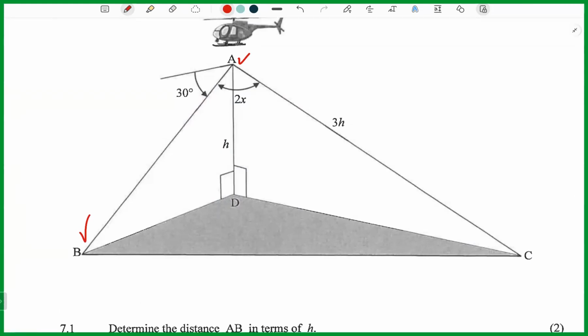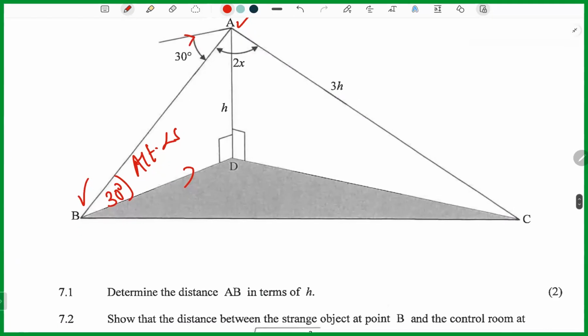Now we are in business. Let's get cracking. To get started, we note that the angle ABD is 30 degrees, because this is parallel to this and they are alternate angles. So to find this distance, then you're going to say